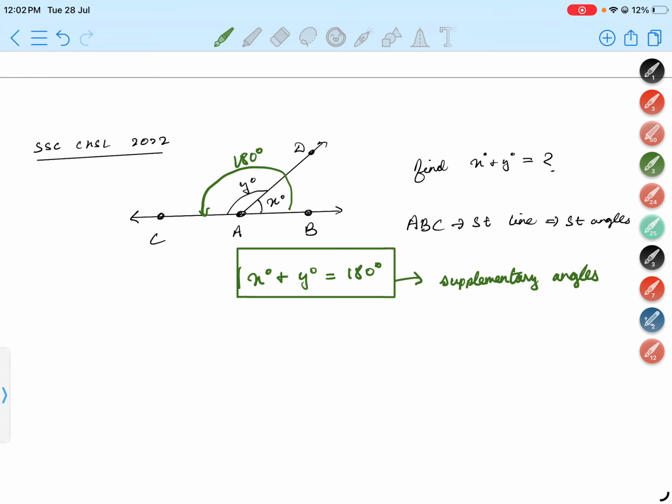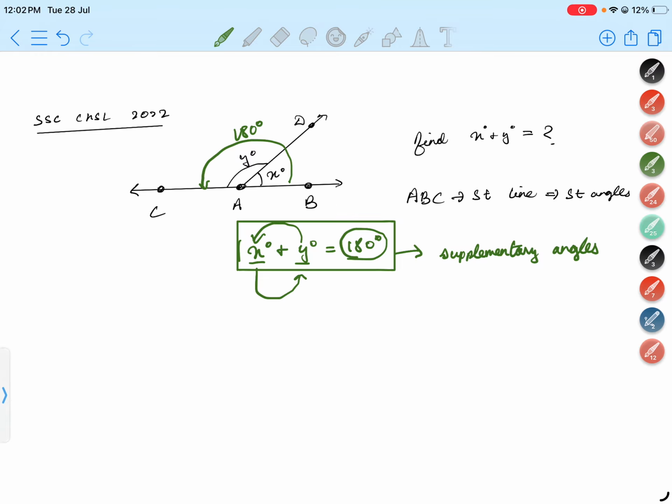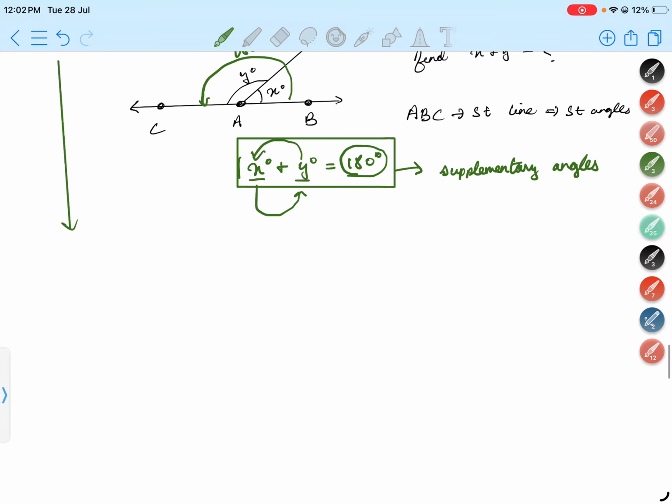That is to say that the sum of any two angles, if it comes out as 180 degree, then those angles are called supplementary angles, and X is a supplement of Y, and Y is a supplementary angle of X. So remember this concept. So if we take a look at this question which was asked in SSC CHSL, it was given that if two supplementary angles